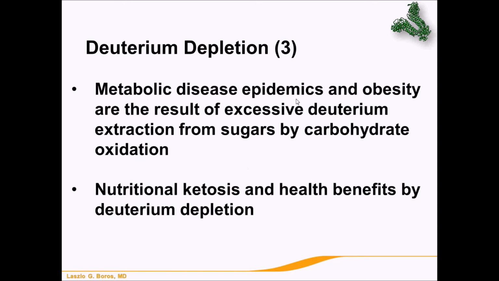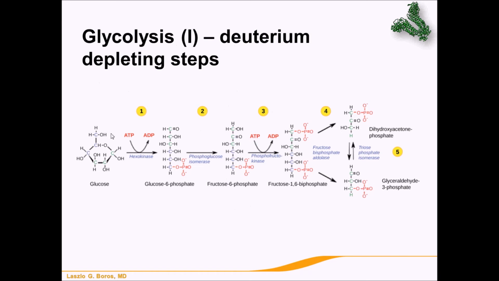Metabolic disease epidemics, we believe, such as obesity, are the result of excessive deuterium extraction from sugars by carbohydrate oxidation, and because of that, matrix water and cytoplasmic water is not deuterium depleted as much as it should be. Nutritional ketosis has had benefits by deuterium depletion, which would be another important result of understanding these processes. As far as glycolysis is concerned, now,